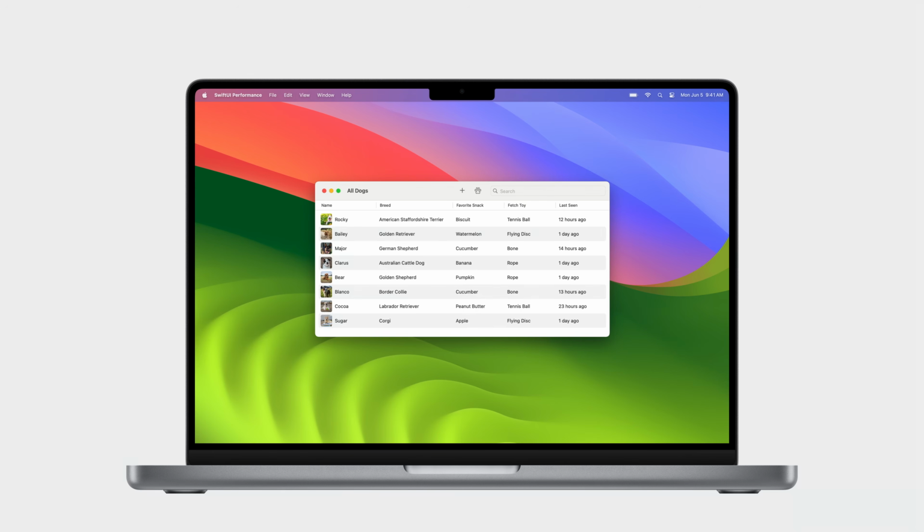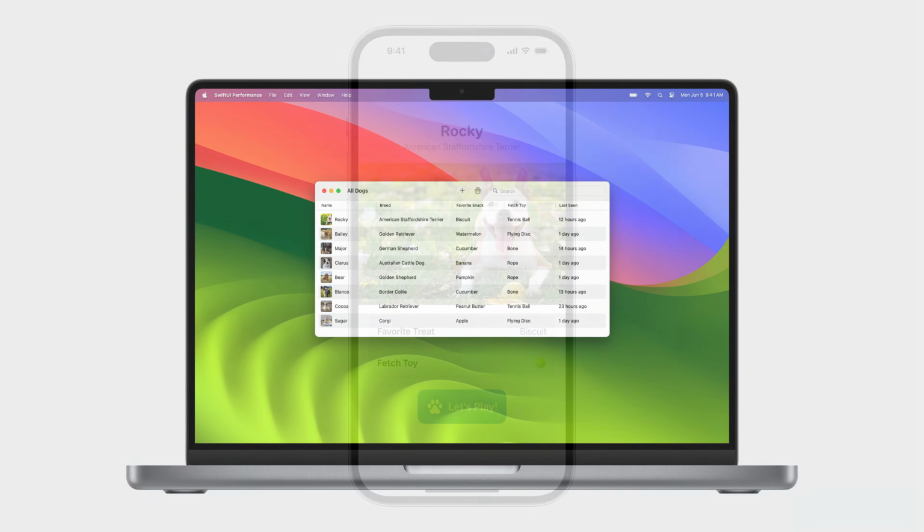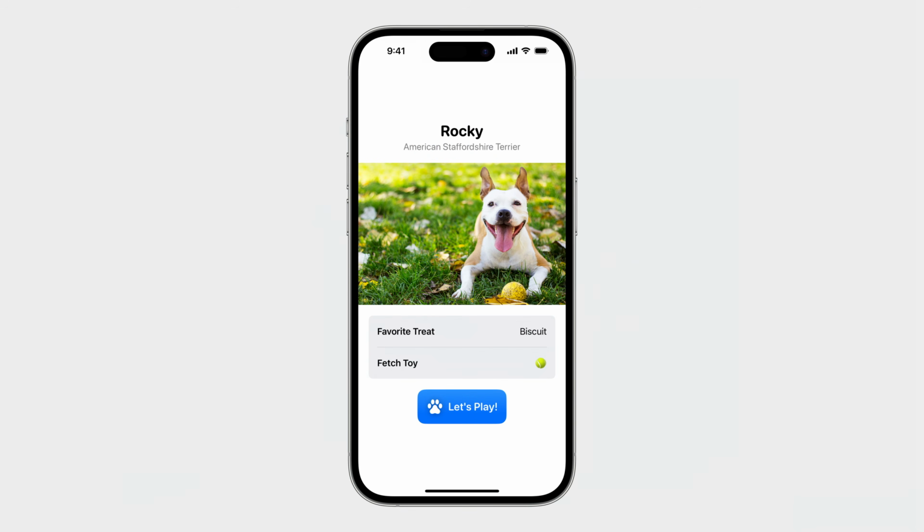It's been a few years since the last Demystify SwiftUI session, and I've missed working on dog-themed apps. So continuing the theme from that session, I've been working on a new app that lets me keep track of my favorite furry friends and set up some time to play with them. Here's one of the views, a table showing all of the dogs. The app also has a detail view, shown here on iPhone, that shows a bigger picture of each dog, the dog's preferences, and offers a button to set up some time to play.